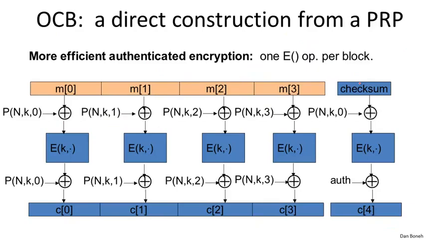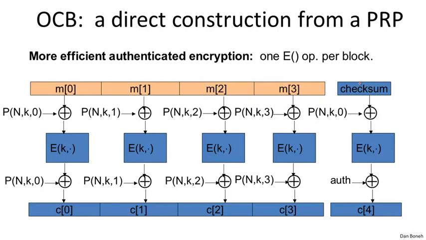Interestingly, this is not the end of the story. As we said before, the concept of authenticated encryption was introduced. Everyone was just combining MACs and encryption in various ways in the hope of achieving some authenticated encryption. After the notion of authenticated encryption became formalized and rigorous, people started scratching their heads and said, hey, wait a minute, maybe we can achieve authenticated encryption more efficiently than by combining a MAC and an encryption scheme.